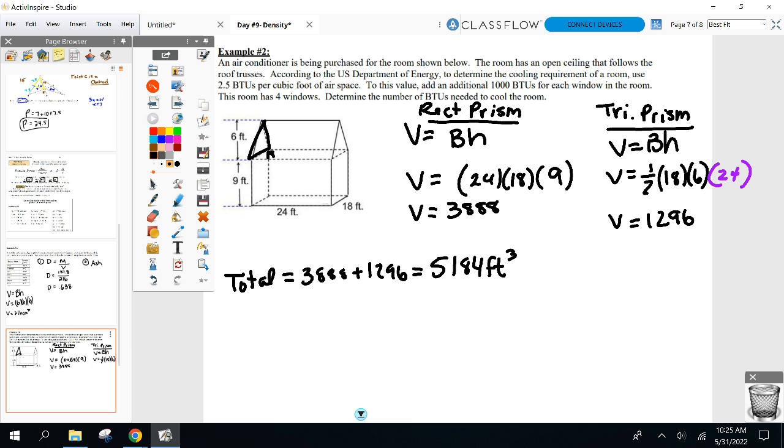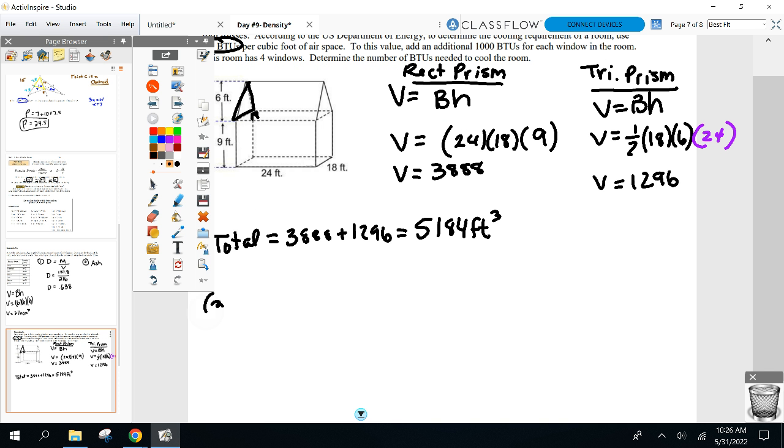All right, and this is where I go nuts, because now you have this 2.5 BTUs per cubic foot. And now some of you are like, oh boy, do I multiply by 2.5 or do I divide? And you're just going to be guessing. Some of you know, that's fine. But some of you are going to be guessing. Don't guess. Don't guess. Set up a proportion. What do I mean by set up a proportion? What's the conversion? 2.5 BTUs equals,